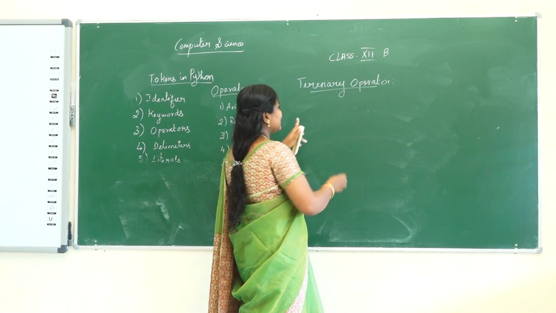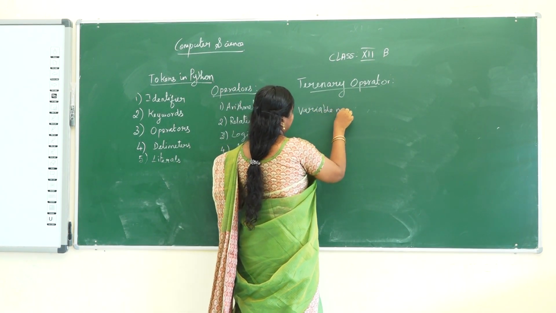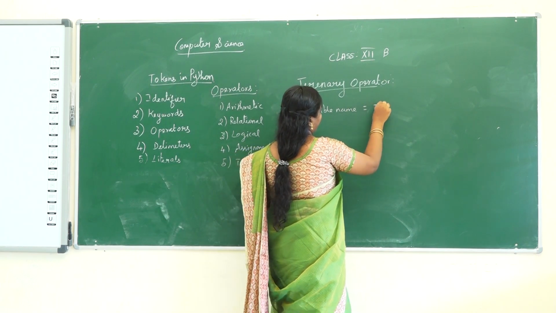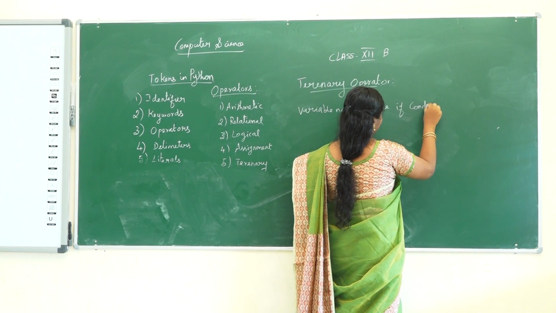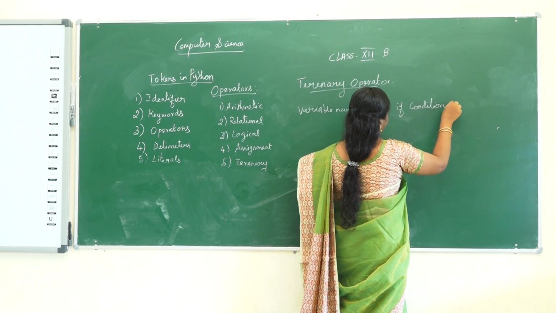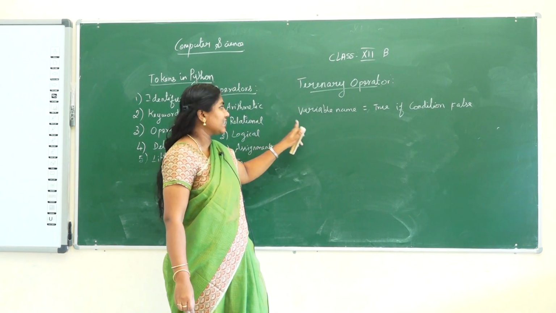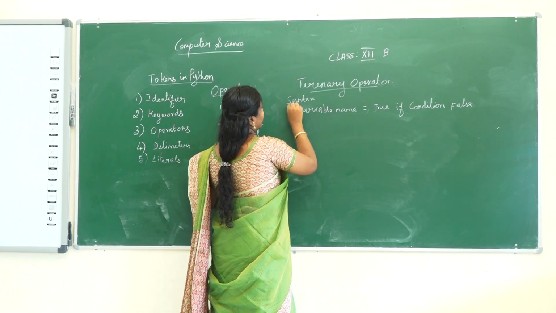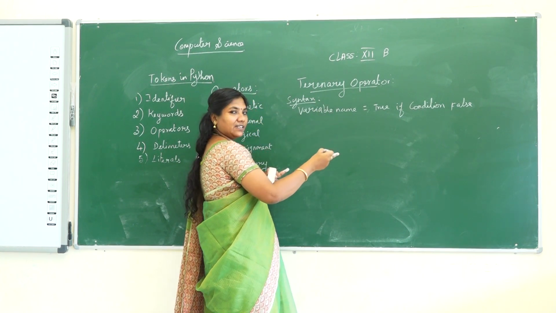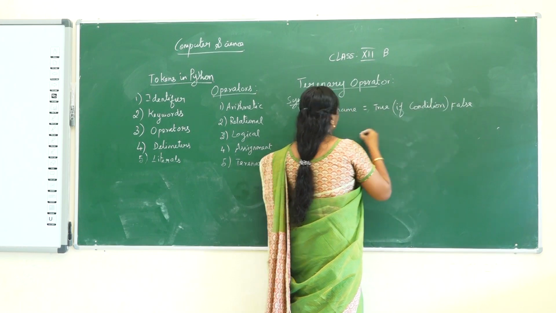So, it has a syntax. Variable name is equal to true part if condition, and next the false part. Okay. So, this is the syntax for the ternary operator. Variable name is equal to true part if condition, that is the conditional statement, and next comes the false part. Okay. So, example,